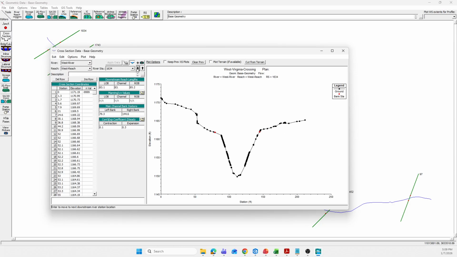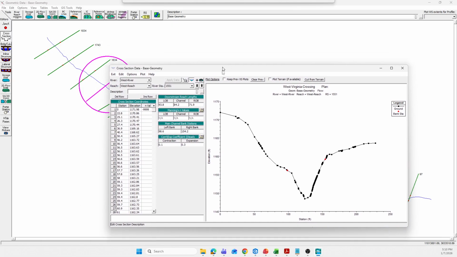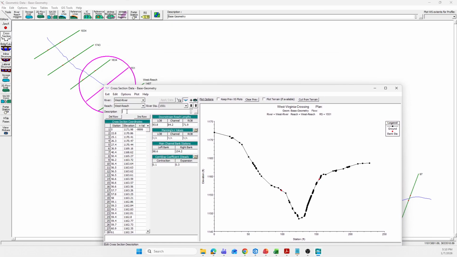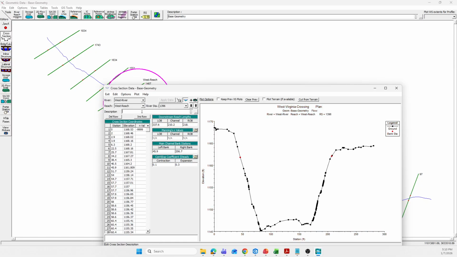We'll go to the next one. This is cross section 3. Apply data, no problem. I'll go to the next one. This is the fourth cross section, so I have to do cross section 4, and I will say apply data, and then we'll go to the next cross section 5. We'll say apply data, go to the next one. This is cross section 6,